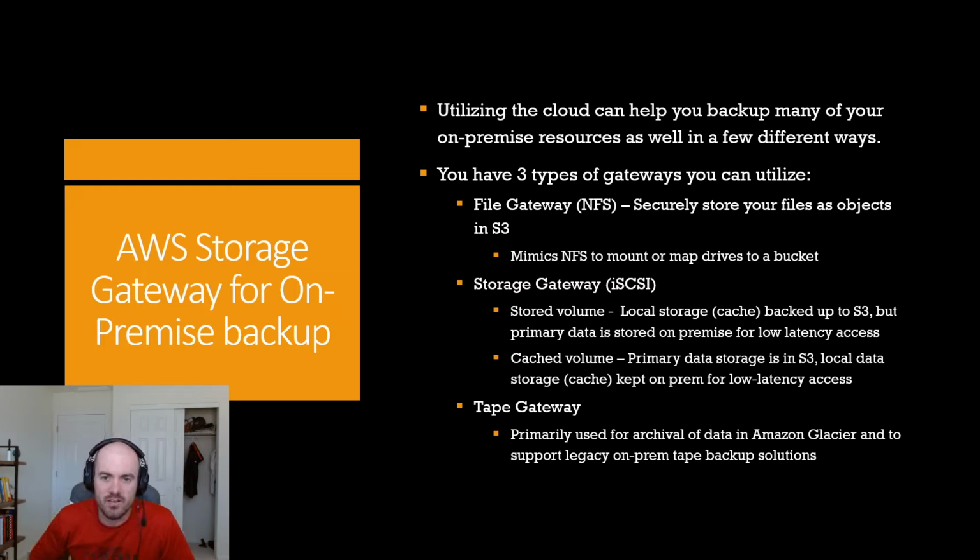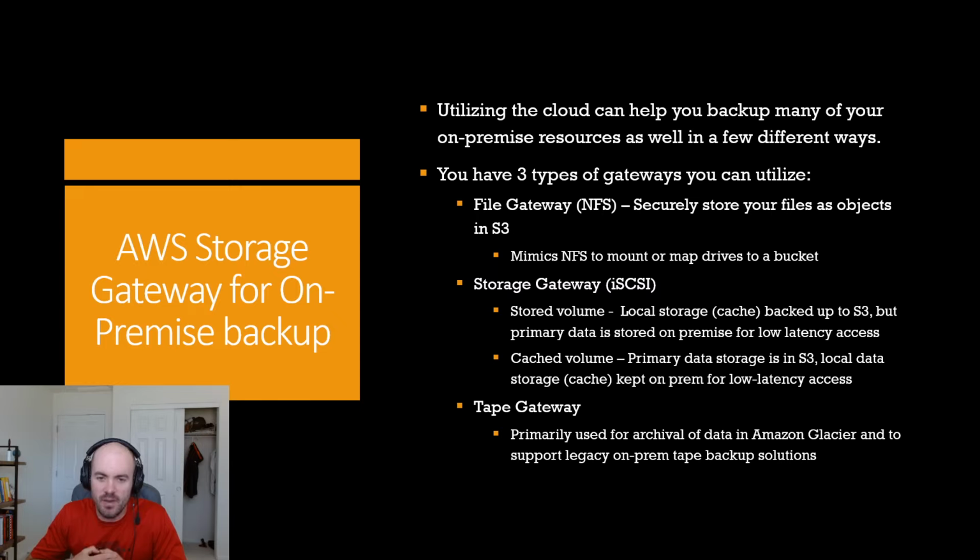So you've got a file gateway, which works off of NFS protocol, and it securely stores your files as objects in S3. And it's basically going to mimic a NFS, so network file share, to mount or map drives to a bucket. Okay, you've got a storage gateway which uses iSCSI base protocol, and there's two different types of volumes you can have within a storage gateway,